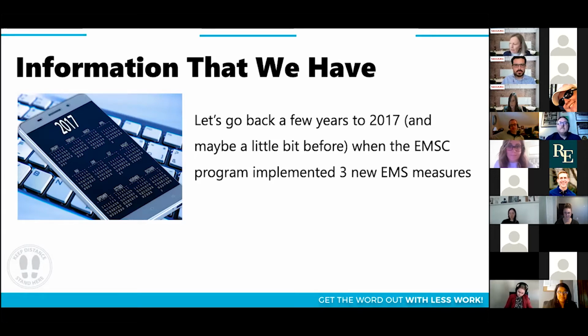Now for the new folks, you might want to know that after about 10 years of working with EMS related measures that were related to pediatric medical director and a few other items, the EMS program wanted to be sure that the measures in each state